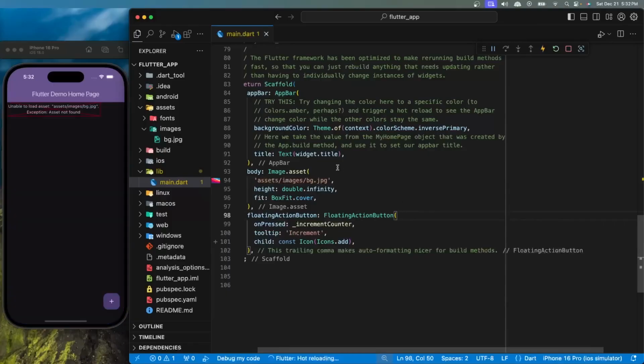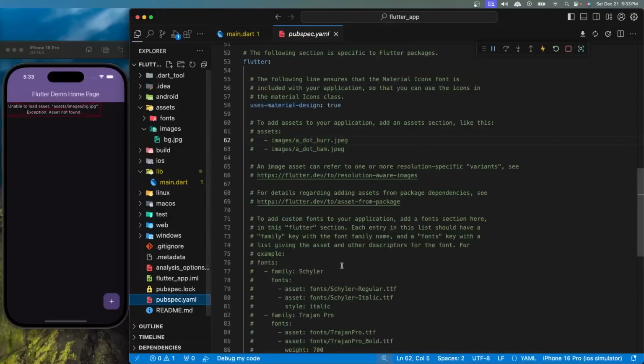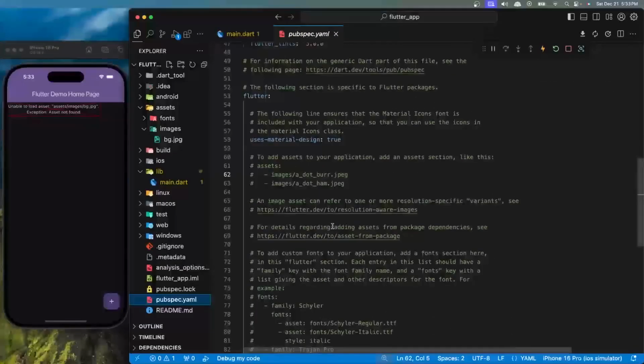Great. But if you save, you will see that this is not working because we need to tell Flutter that we have a path to image. So you will go inside the pubspec.yaml, and inside this one, you will scroll down until you find the section assets. And you need to make sure that everything aligns perfectly, otherwise it will not work. So you will go over the A and you will delete twice, like this. Delete, delete. After this, you will do the same thing. You will go after and you will delete twice. Delete, delete. Great. So you will remove this and call it assets slash